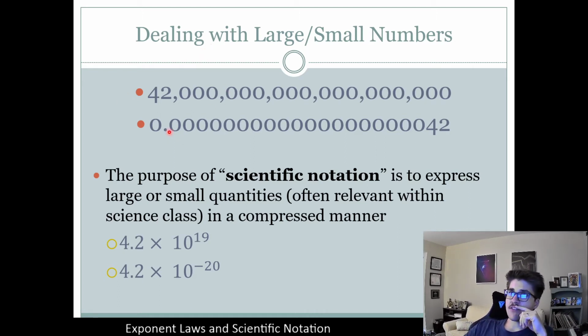Now, obviously, if a number was really, really small, like 0.0000042, again, how would we call this number? Also, if you've ever wondered why we don't use commas for really small numbers, there's no reason you can't, but notice that it's not exactly a synonymous thing, because when I go to the first place beyond the decimal point,